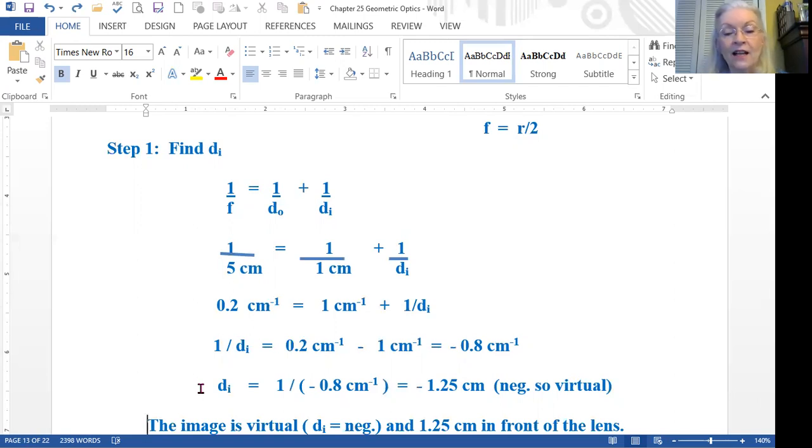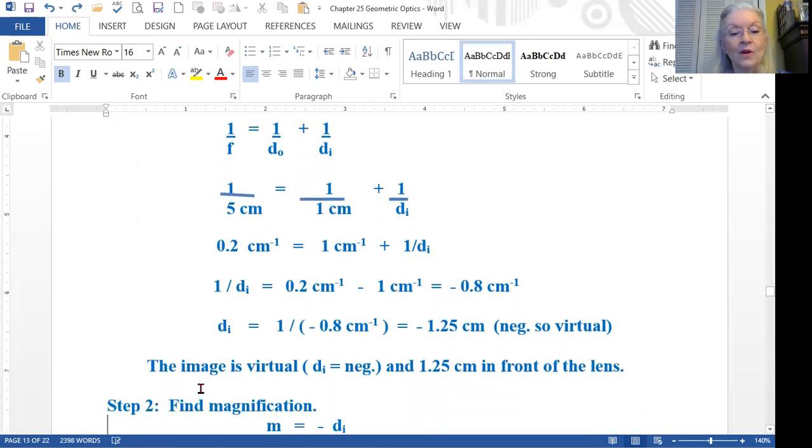Notice that DI is a negative number, and that tells me it's a virtual image. So we can know a lot by knowing just some of these numbers. It's a virtual image because the image distance is negative. If the image distance is positive, we have a real image. So to summarize, our image is virtual because DI is negative, and it's 1.25 centimeters in front of the lens